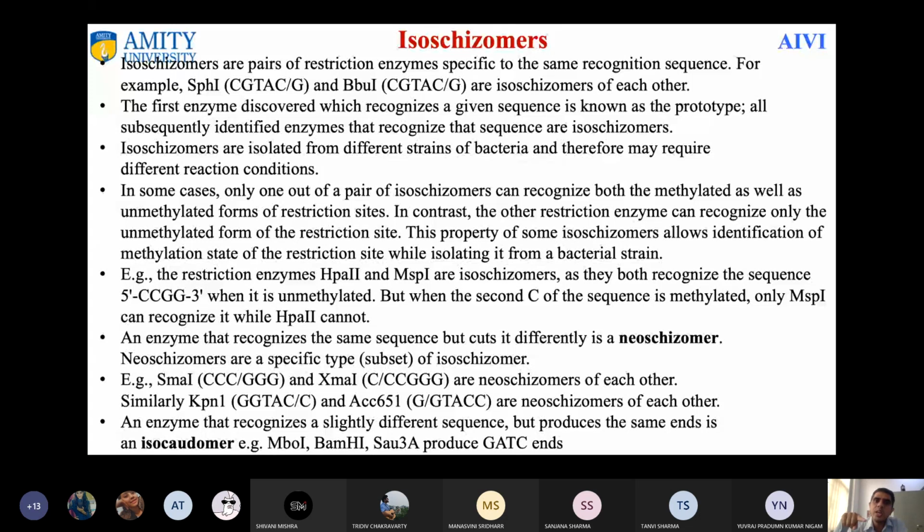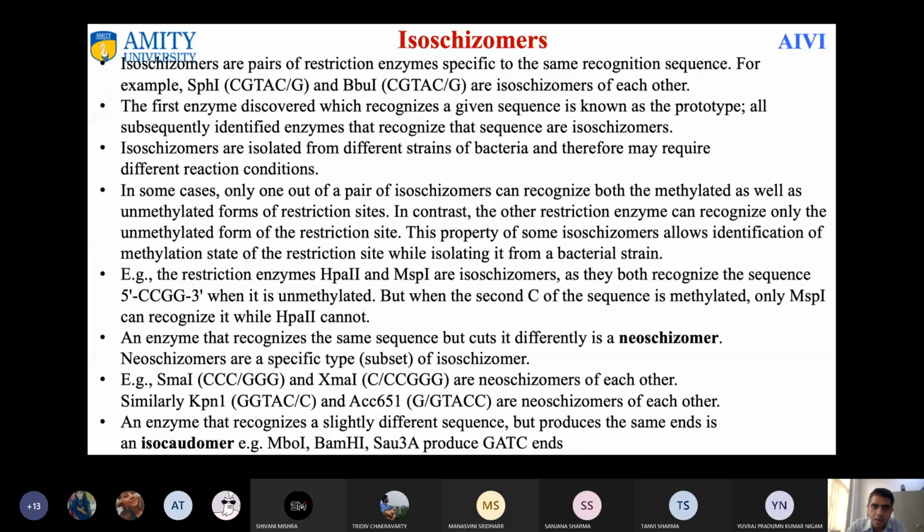But if you isolate an enzyme from a different organism, like in the case of SphI, Streptomyces is the genus from which this enzyme is isolated, and likewise BdUI, where Bacillus is the genus from which we get the enzyme. Both of these enzymes follow the same sequence, CGTAC, and produce a cut between C and G. Such types of enzymes are called